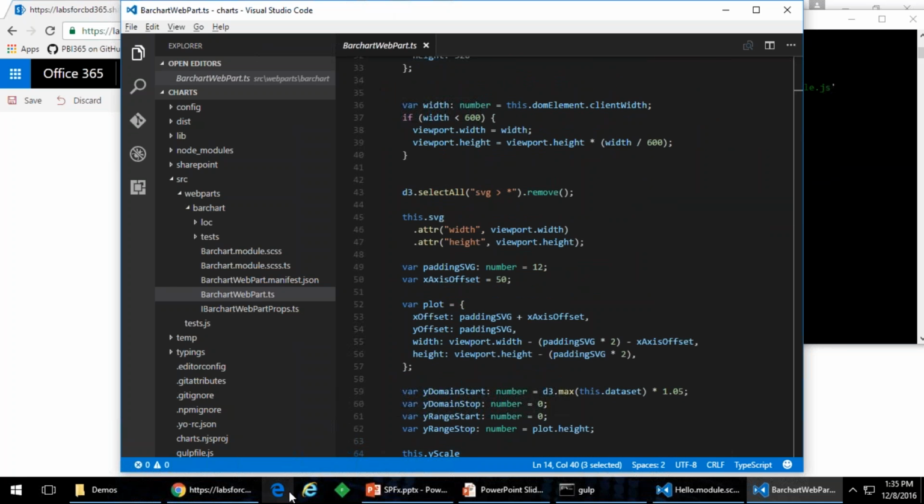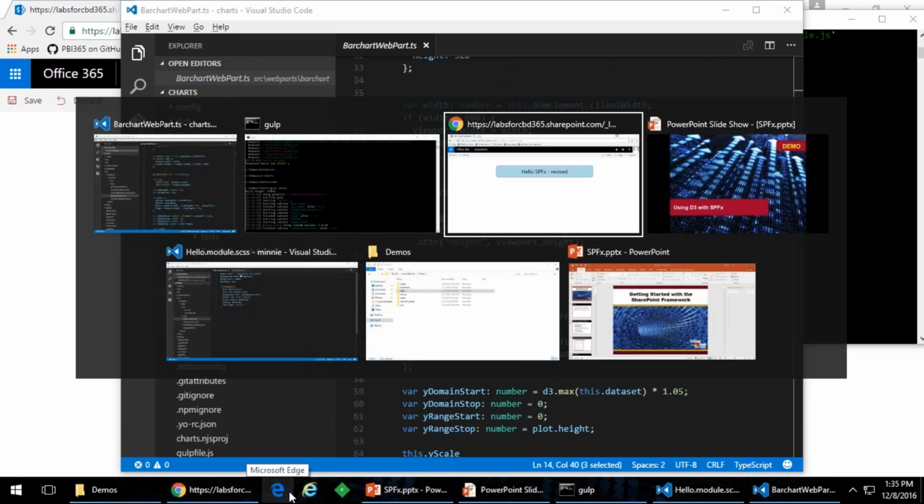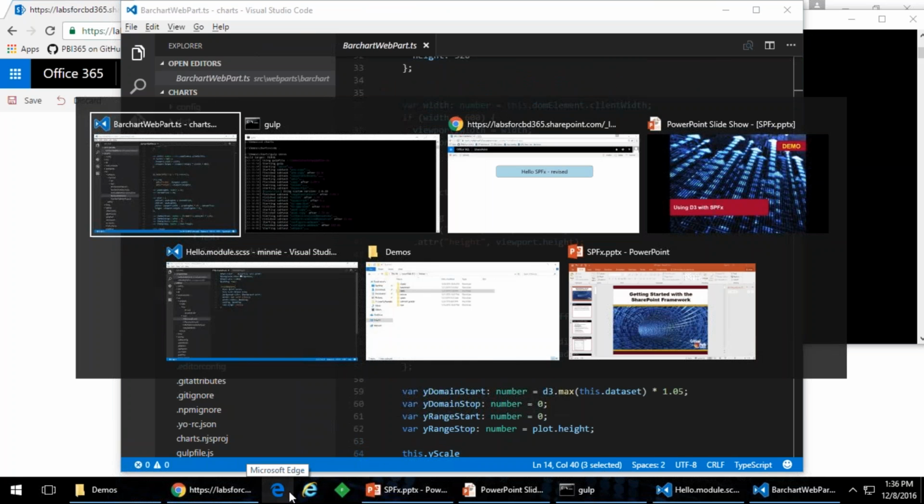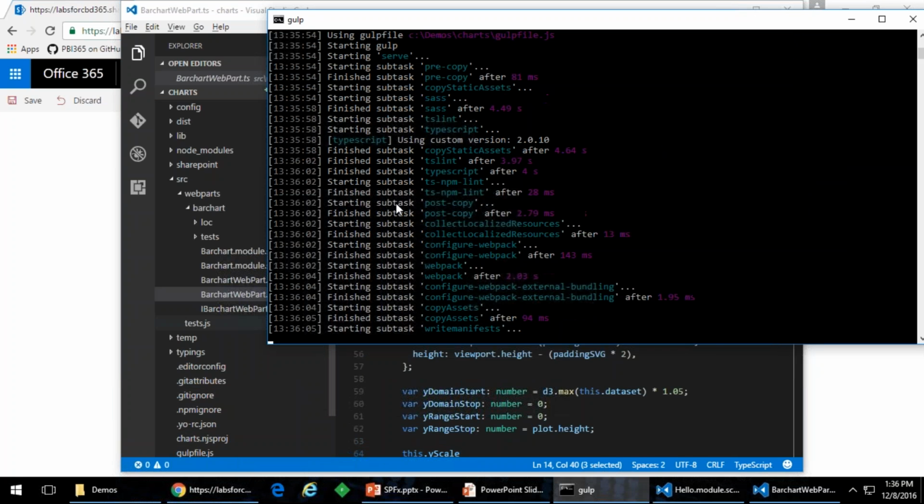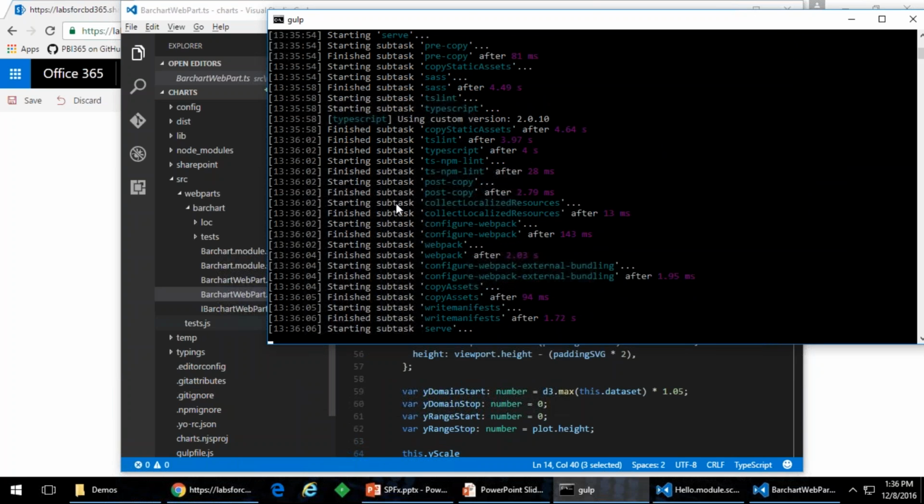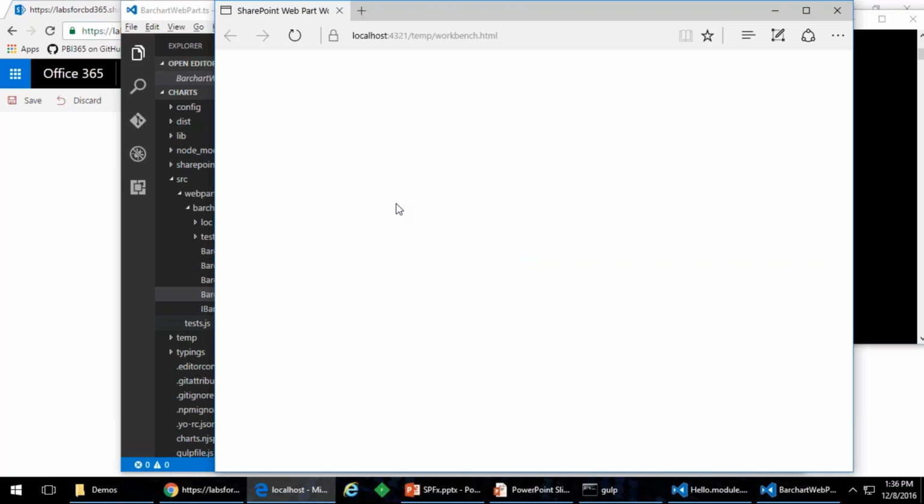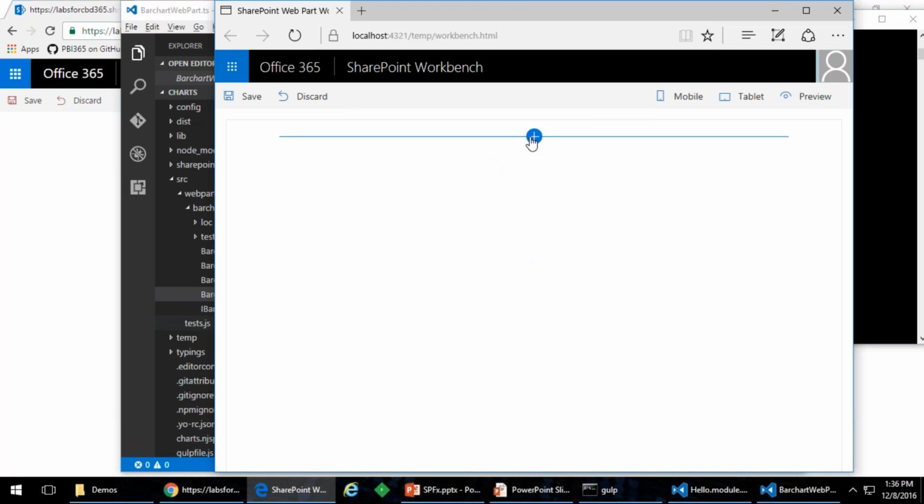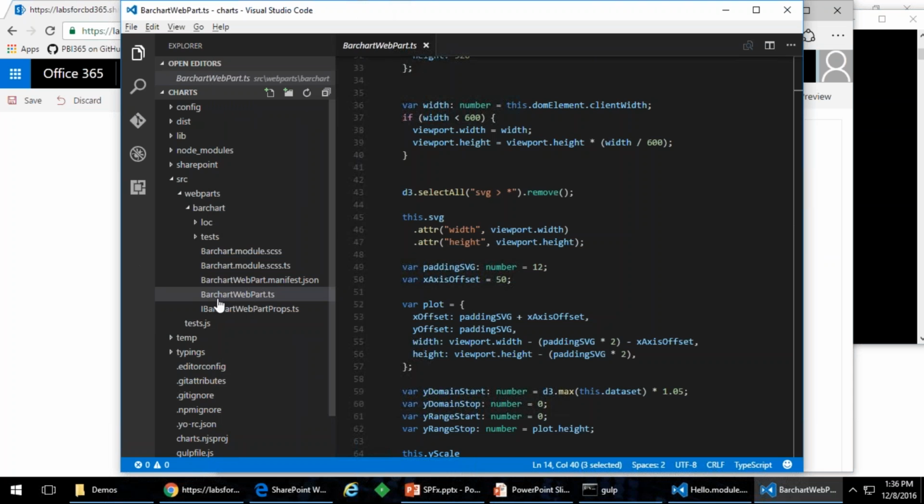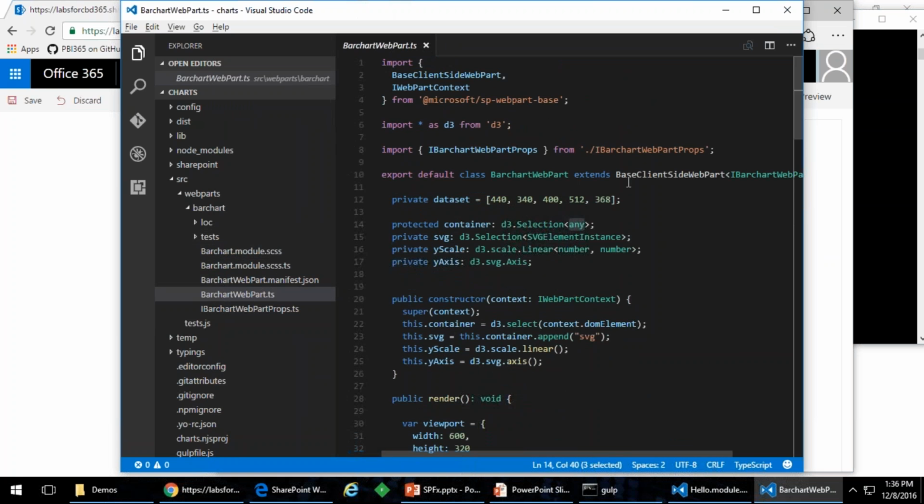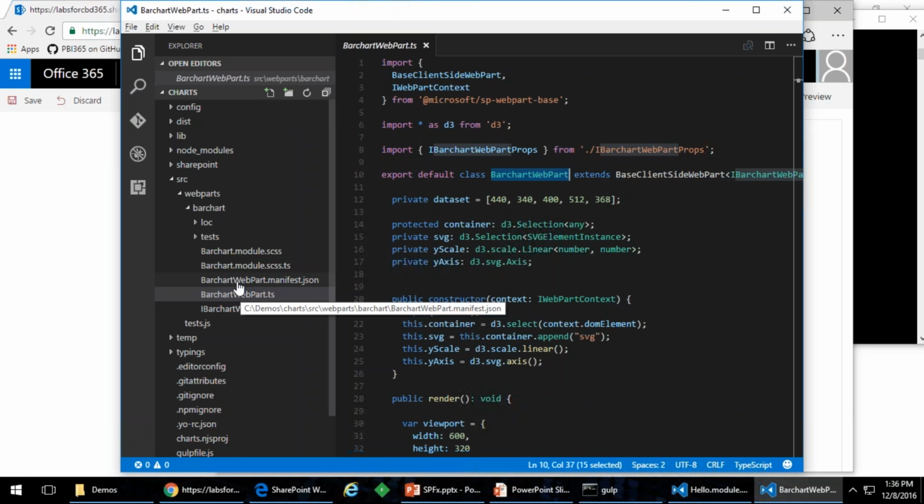Let's jump over to, well, still running right here. Give this another second to start back up again. Now, when this starts up, I'm going to be able to go down and see the bar chart. Before I add that, one quick aside is you come back and notice that you have a bar webpart.ts file. That's the main file that has your web part definition. There is also a bar chart